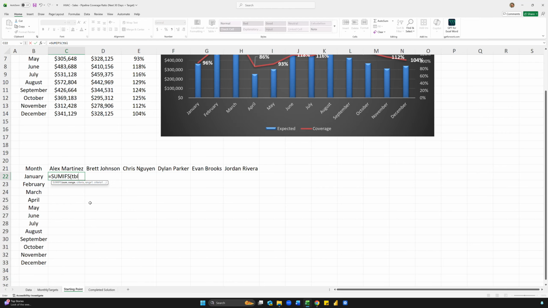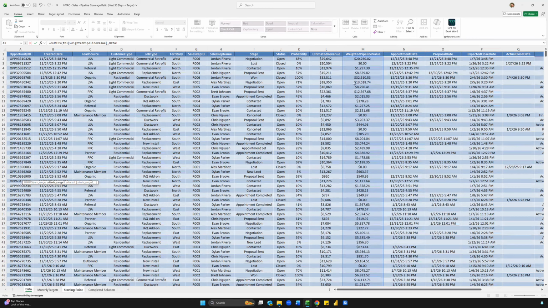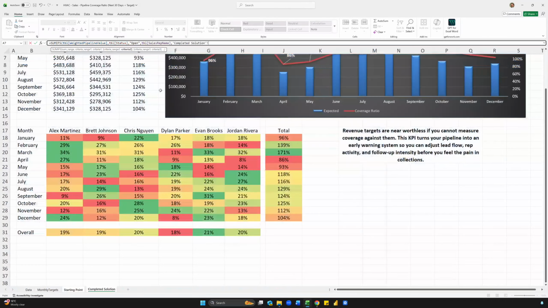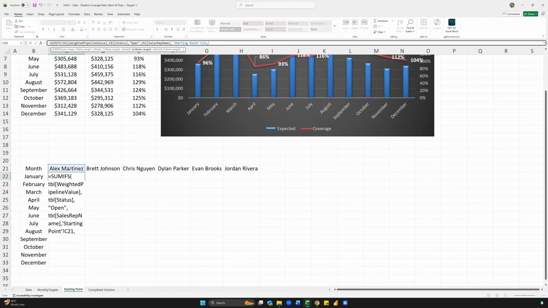So again, SUMIFS, we're going to do the table, and then we have, what was it called? I can go over to the table, but I just like doing it this way. Weighted pipeline value. Let me make sure, is it weighted pipeline value or is it, yep, perfect. It's not estimated revenue. So weighted pipeline value. And then from there, remember, we want to make sure that this is open. And then from here, we need the sales rep name,